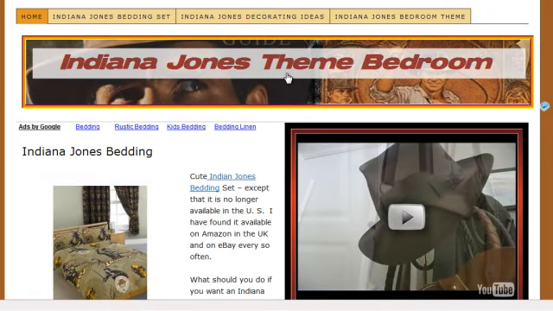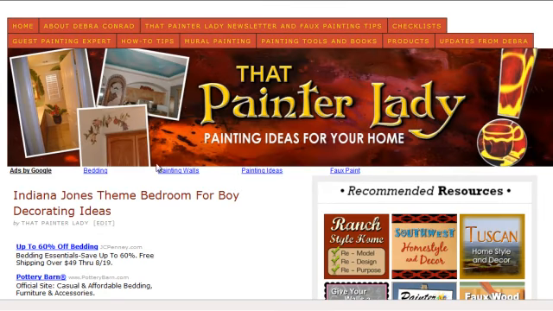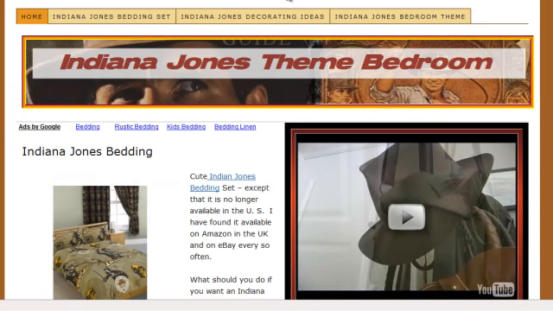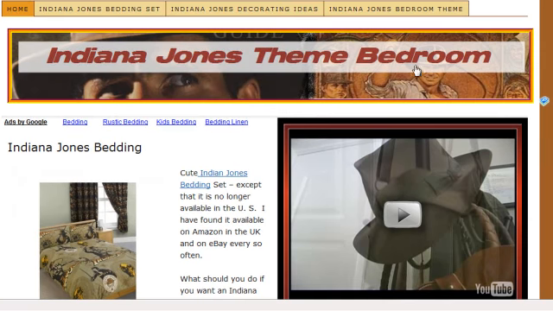This is how I come up with about a third of my micro niche site ideas: from the big, large blogs that I have. I will have content on them that gets a lot of traffic, one article, and I find out what keywords they're using that get me the most traffic, and then I build a website about it. So this particular blog post got a lot of traffic from the keyword Indiana Jones bedding or bedroom, and so I did a website on